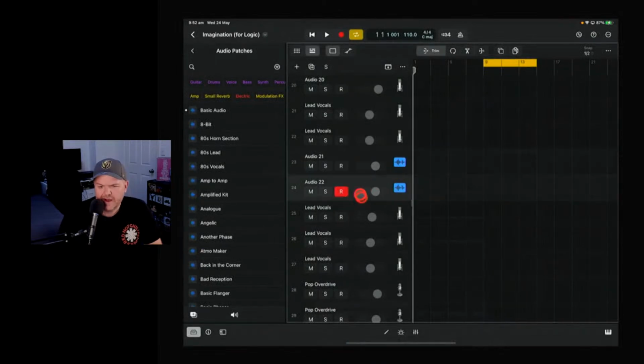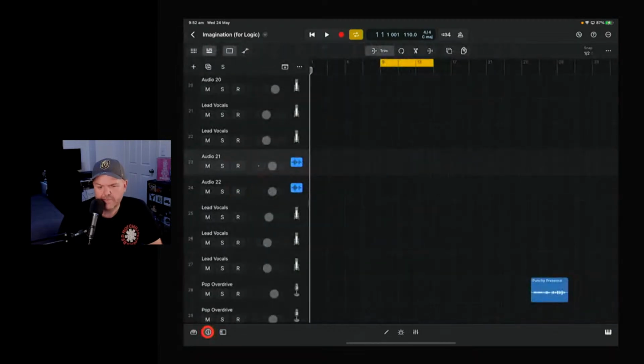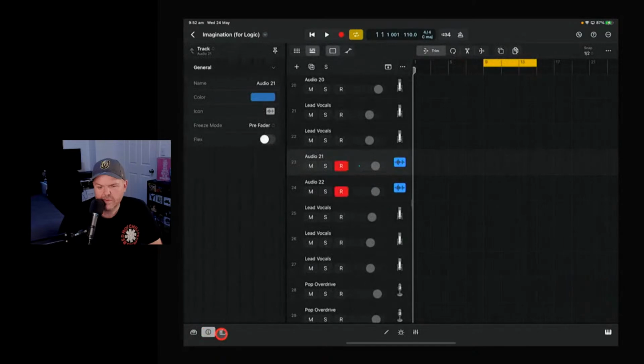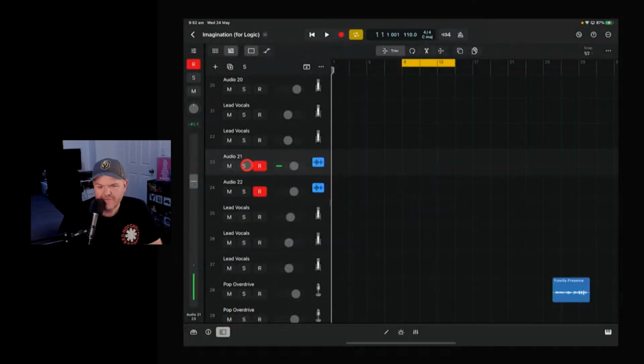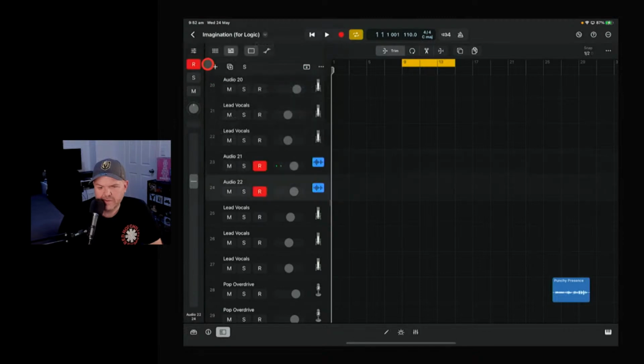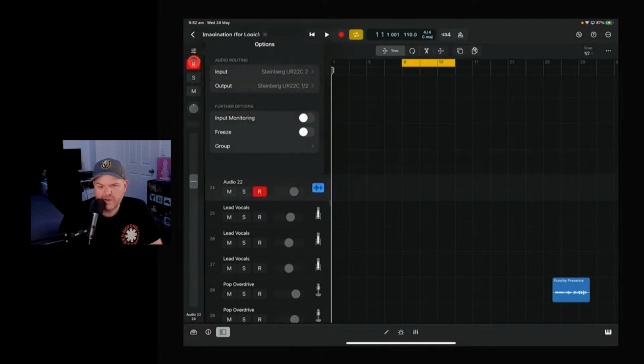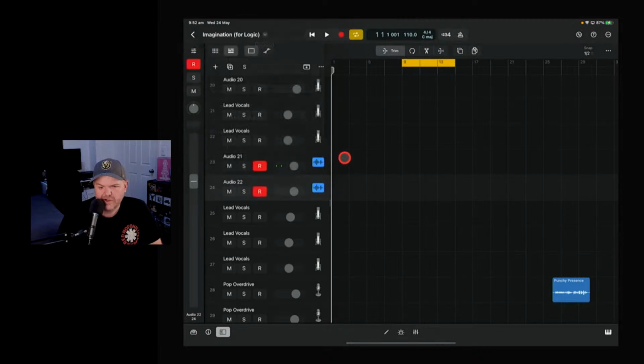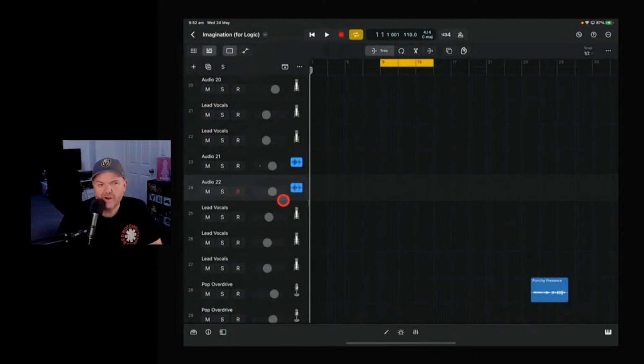And what you do is you multi-arm, you arm both tracks, and then it's going to record on both of them. And if you want to do a quick check of which track you have on which, you can hit this button here, not your inspector, sorry. What was it? No, that one, your fader button. I'm getting there, folks. Your fader button, and then you can quickly see that, and you've got access to what each one is. So that one's going to be on channel 1, and this one's going to be on channel 2. So I'm assuming that if you're using a multi-track, multi-channel interface, and you have the ability to set it up across all your different channels, then you'd just be able to go 1, 2, 3, 4, 5, 6, set up all your audio tracks, and you'd be good to go.